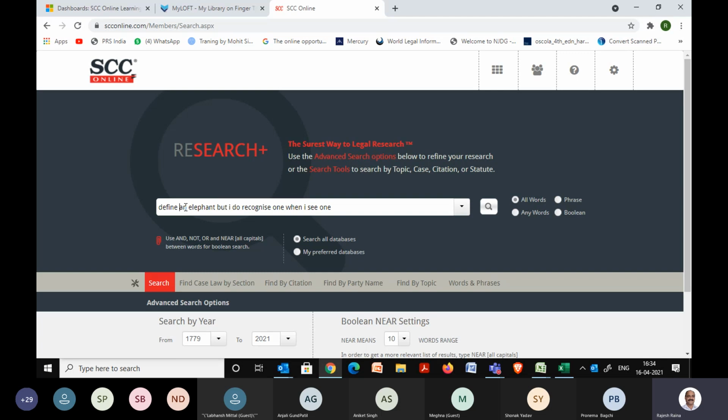Define is really important, so I'll keep it. And elephant is another one of relevance, so I'll keep this also. And then this one, I do recognize one when I see one. I'll remove all these and the last one also. And I'll just keep these 3 main keywords in here.